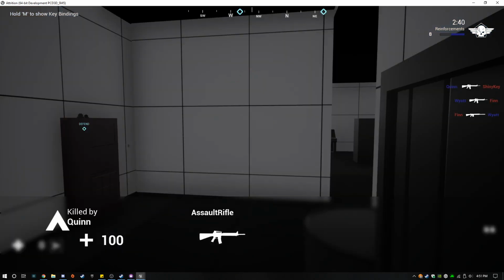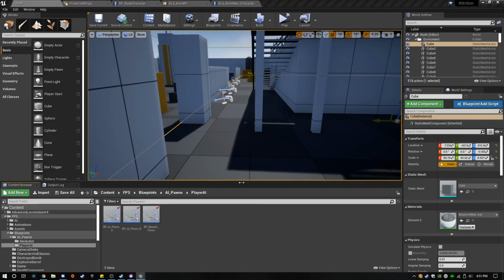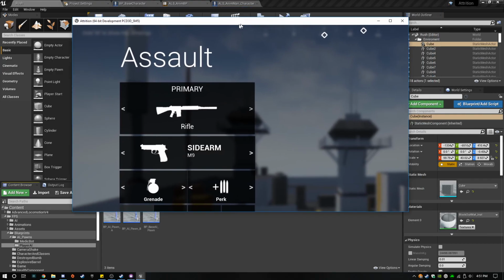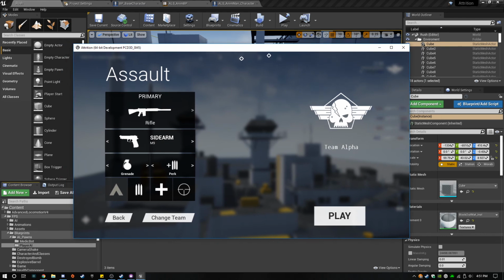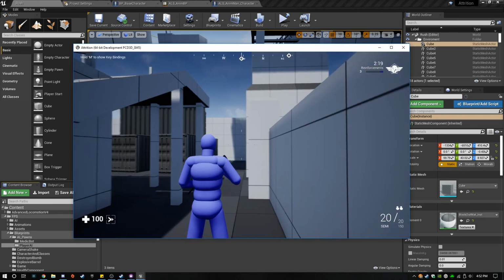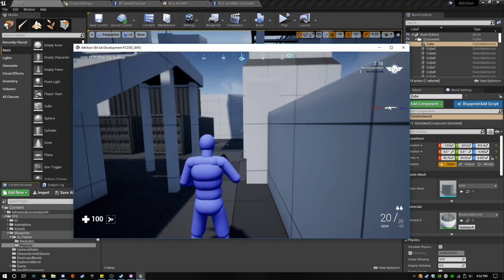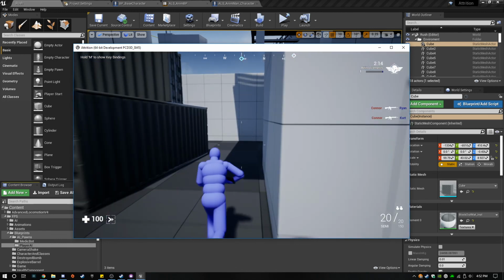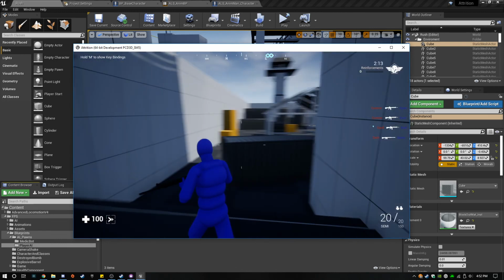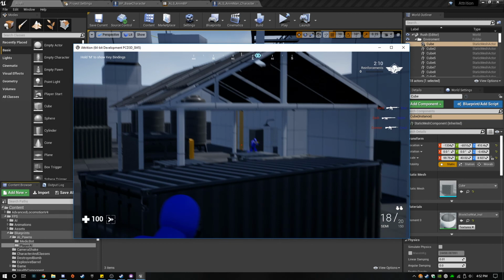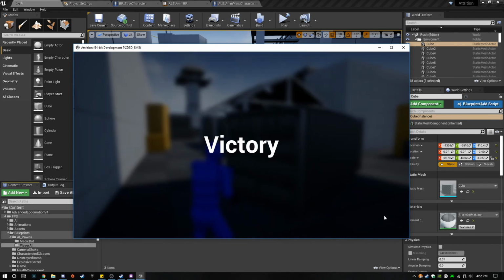Oh boy. Let's pause music while we're doing this so we don't have too much going on here. Let's move this back to default. Alright, that was pretty quick.